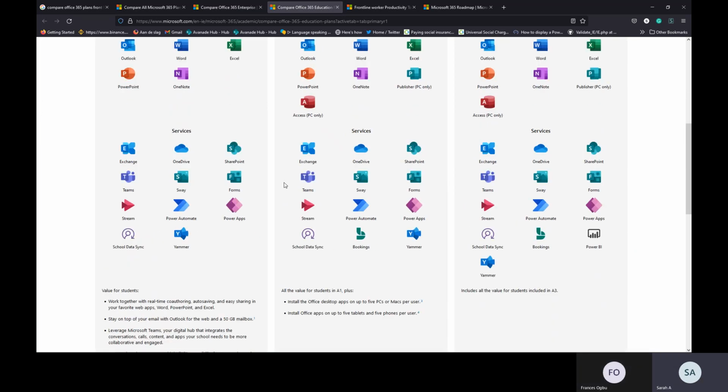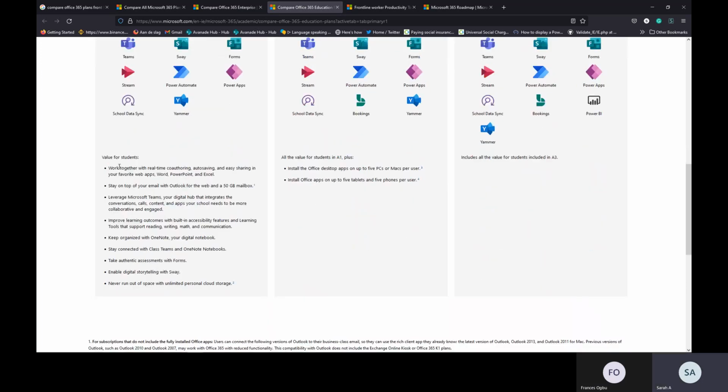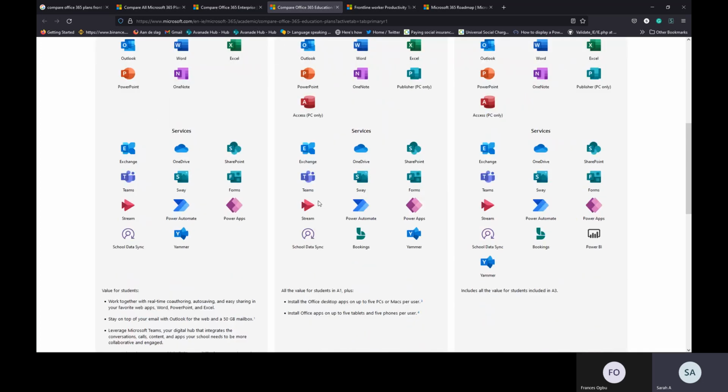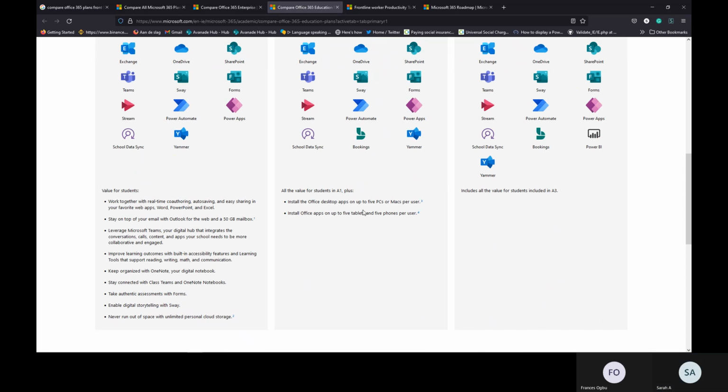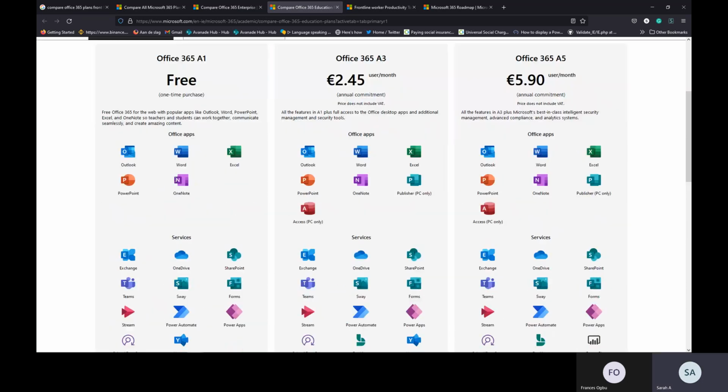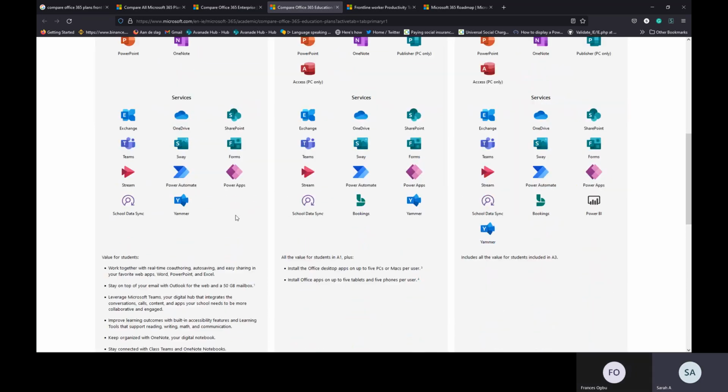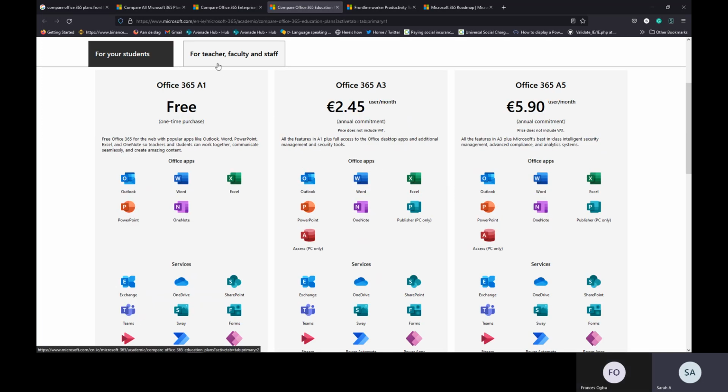Okay, now see the difference between A1, A3, and A5 for students. For students, you can collaborate, use Microsoft Teams, use your OneNote, use your Sway. Then for A3, that's everything, and you can install the Office desktop app. So for A1, you cannot install the desktop application. Everything will be online. But for this one, you can install the applications. And this one also has extra services like Power BI. This one doesn't have Power BI. So depending on what